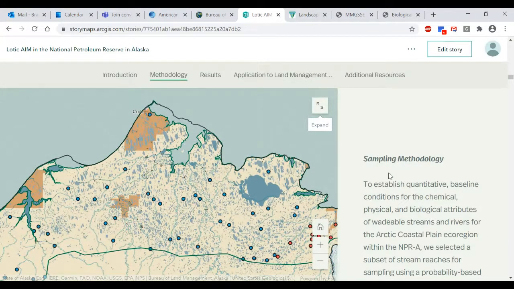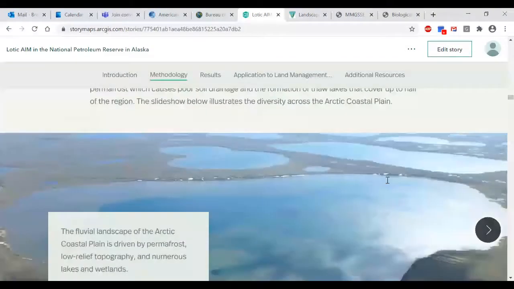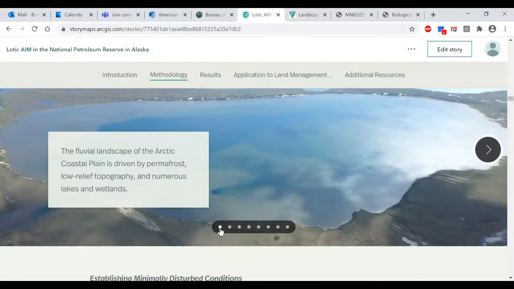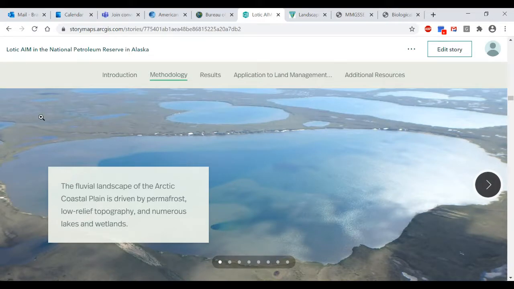And so another cool thing I think that you can do in these story maps is you can add these slideshows and really highlight what you see in your field office or your project area. And I think we're all guilty, and I don't think we all truly are aware of the diversity of BLM managed lands throughout the Western United States. And this is a great way, I think, to highlight exactly some of that diversity that you see in your field office or project area, however big or small it is.